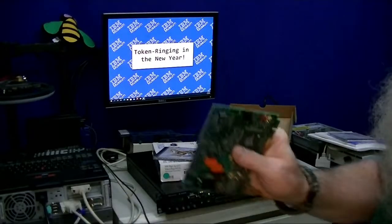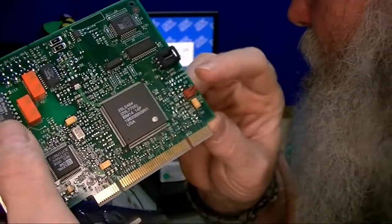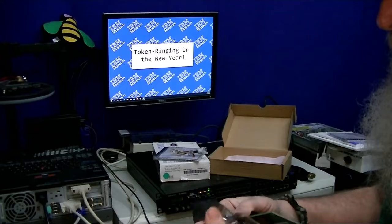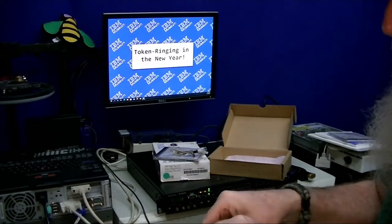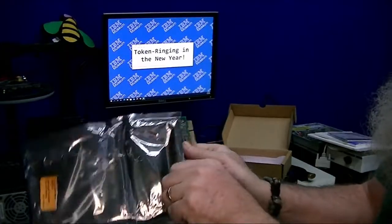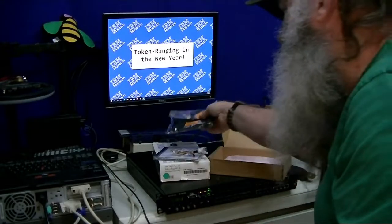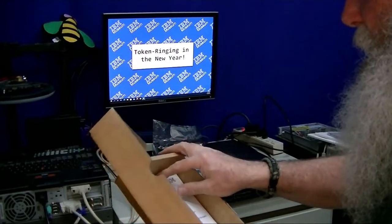It does have that wake on LAN connection here, for that wire that typically ties into the motherboard of the system. Just like there's Ethernet adapters that are also wake on LAN. You can have this in a system and send a signal through the network. Even if that system is powered down, it goes through and powers up. It does a wake on LAN to power the system up, and it does have